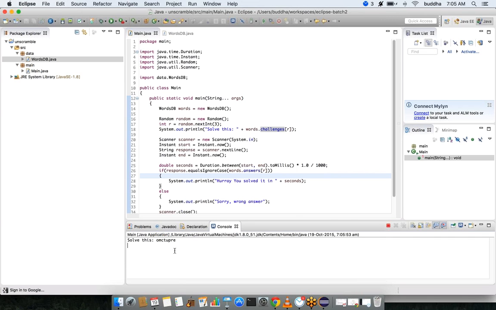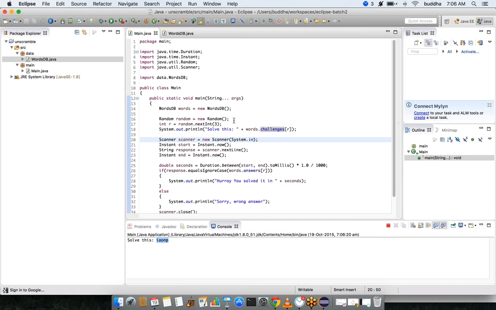Now when I run the program again, I got a different word. So now if I say computer, it says I solved it. Now if I run the program again, it gave me some other word, piano. And if I run it again, I'll be getting similar kinds of random order. Earlier we got game first and then computer and then piano. Now I got game and then piano, and then I may or may not get computer again. See, I got piano again. So this is completely random. You cannot judge the order in which they actually come.